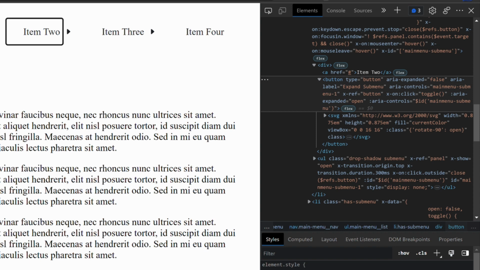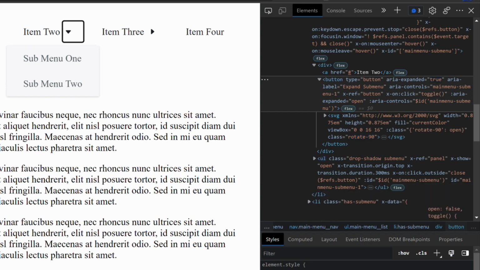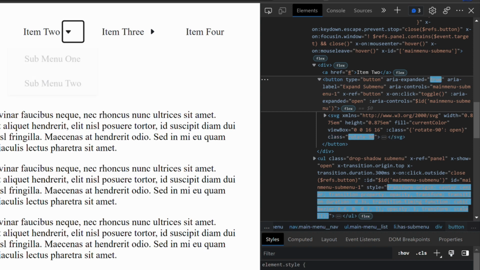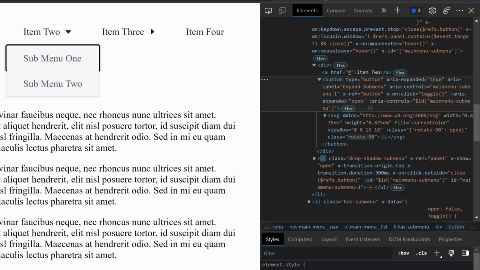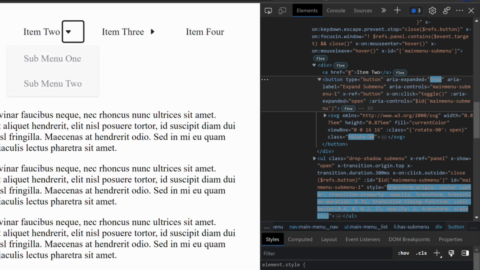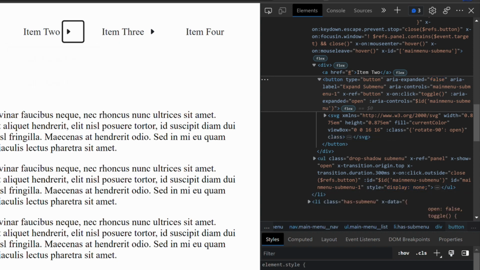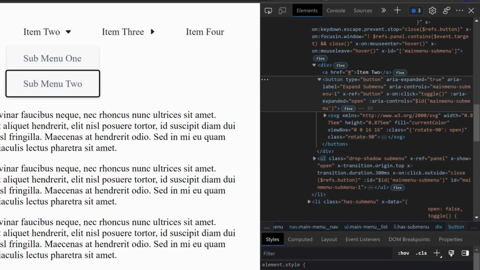I tab between top level items, and when I hit this one, it lets me activate the link. And then I tab over to a button. Hitting enter activates the button, changes my ARIA expanded to true and opens the submenu. Enter again closes it. Same thing with space, it opens it, it closes it. And when it's open, I can press the escape key to close it,